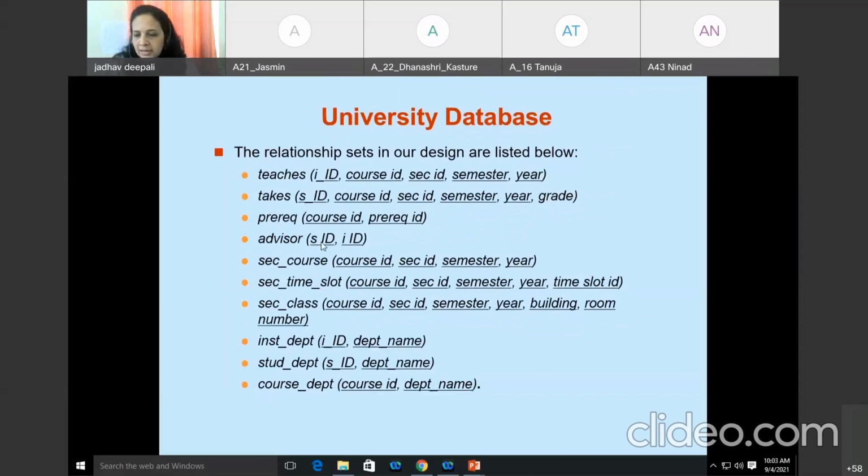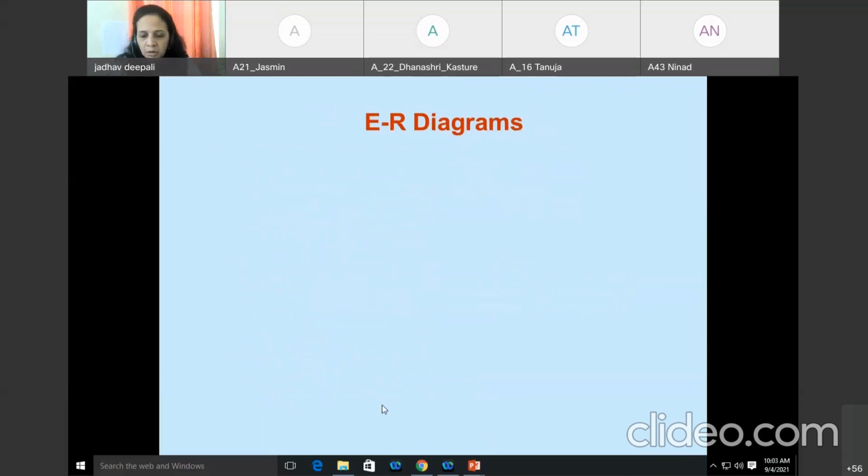So these advisor, SID, IID, both are there. Means it is many to many. Student to instructor, it is many to many. Both become the primary key. Then instructor department, IID, department name. Student department, SID, department name. Course department, course ID, department name. So these are the relationship sets between the different entity sets. And we decide the primary key depending upon whether it is one to one, one to many, many to one,